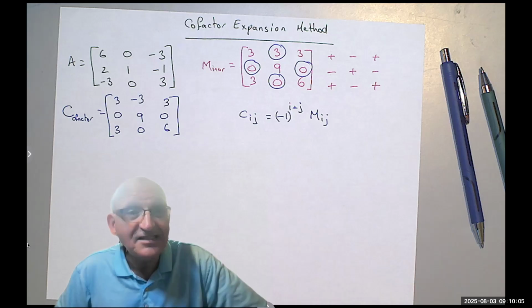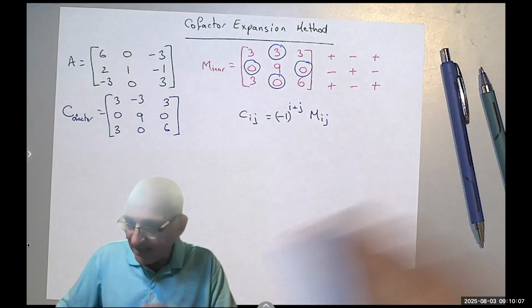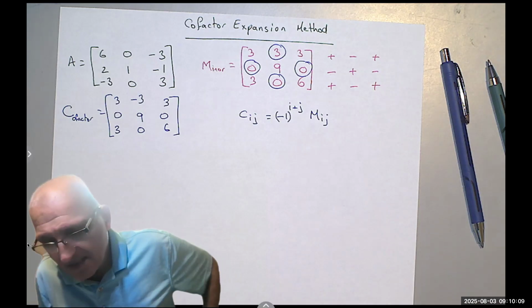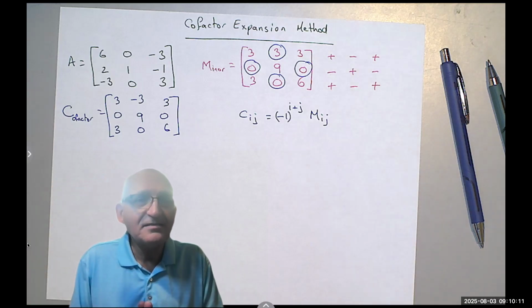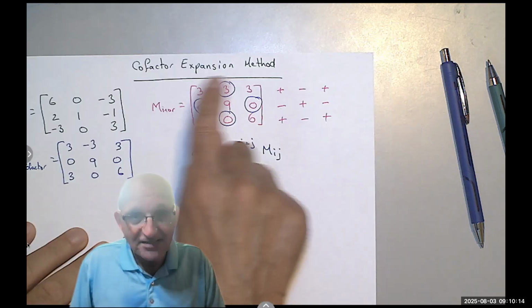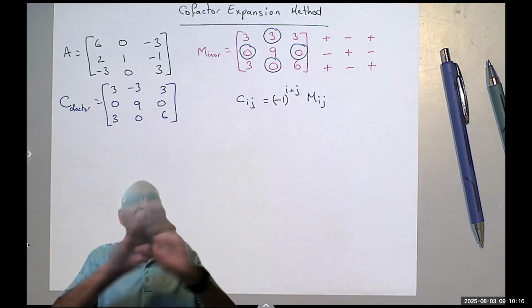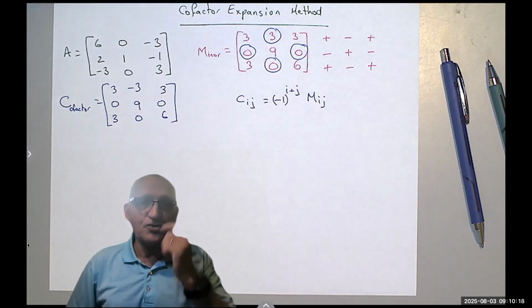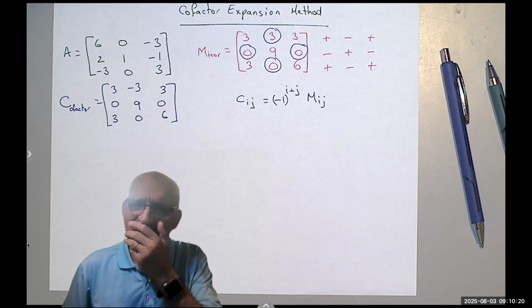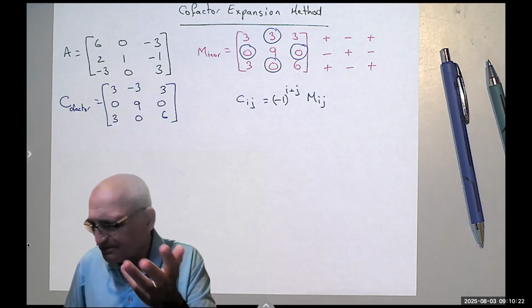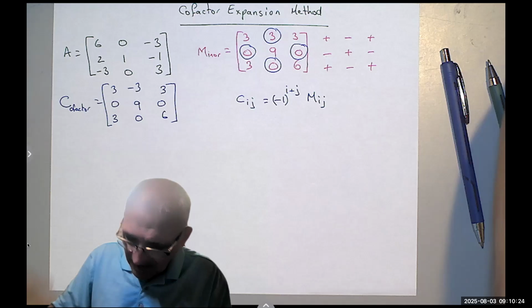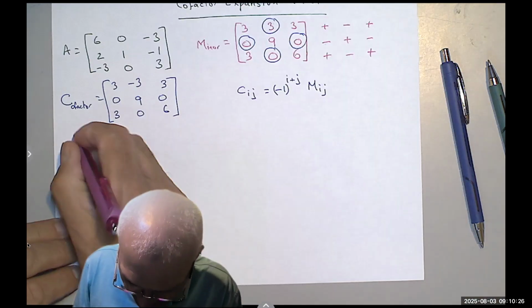Some other people do it slightly different, and you say, okay, we did all this work for what? To find the determinant of A. Now, for the determinant of A, you can expand. That's the word expansion. You can expand over any row or any column of your choice. What does that even mean? Expand meaning, I'm going to say, for example, expanding